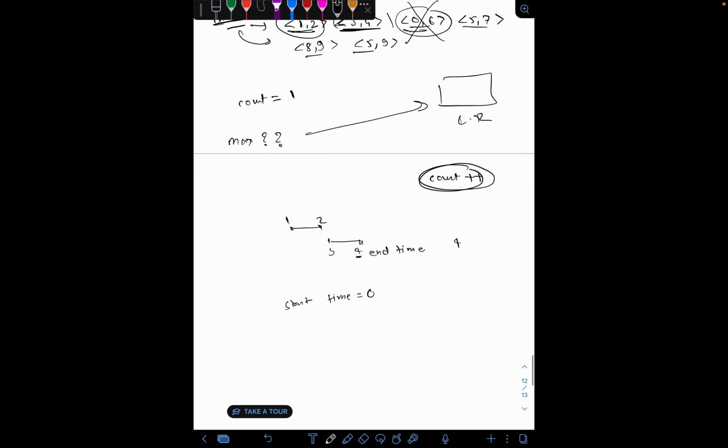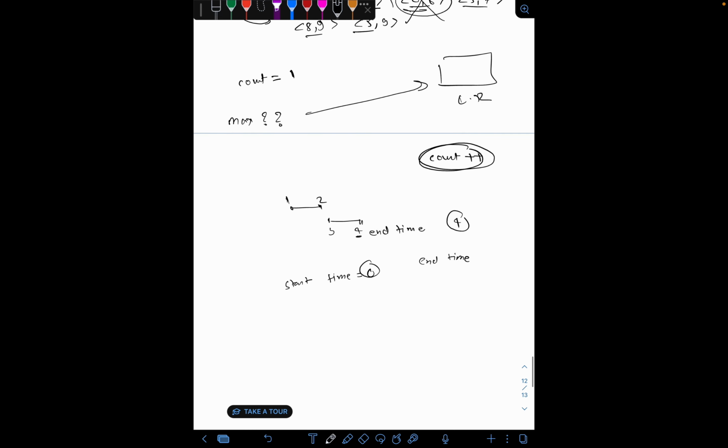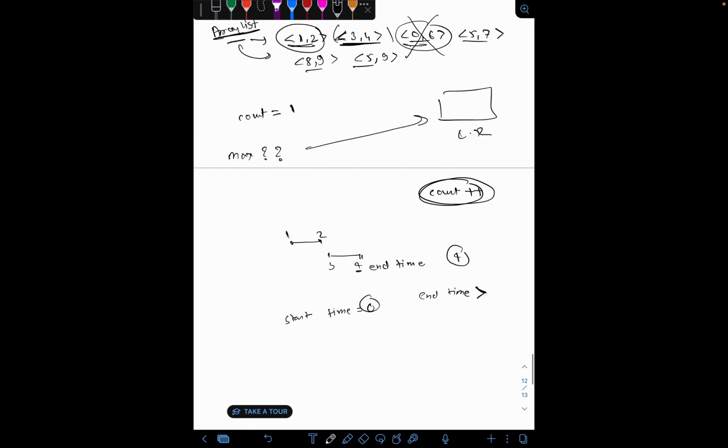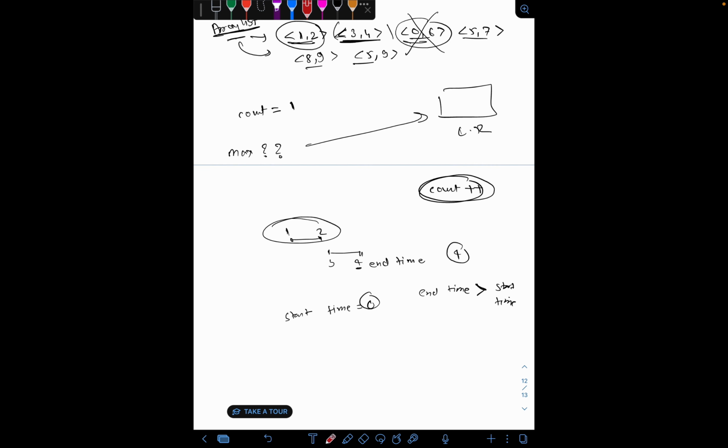Okay, so I get the condition. If the end time is greater than start time, then and only then I will be considering. In this case the end time is 2, and the start time of the next meeting.